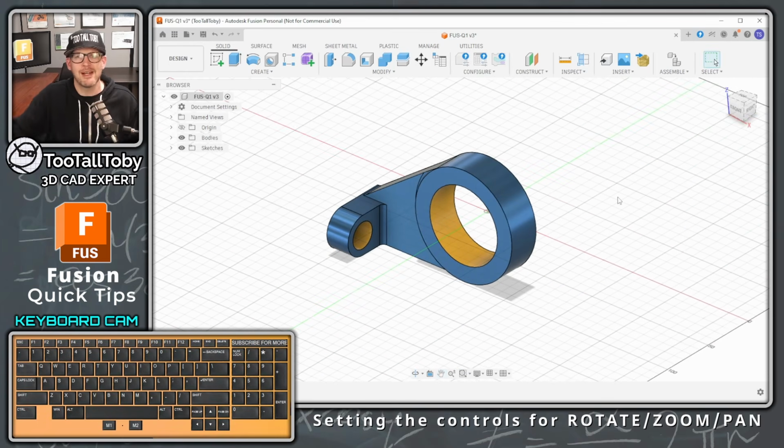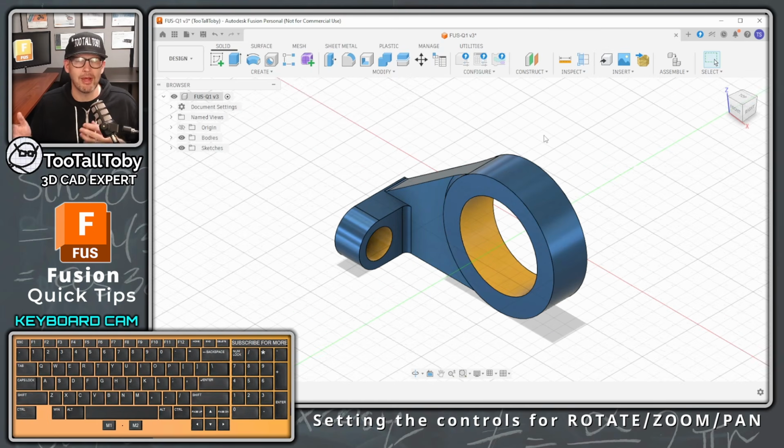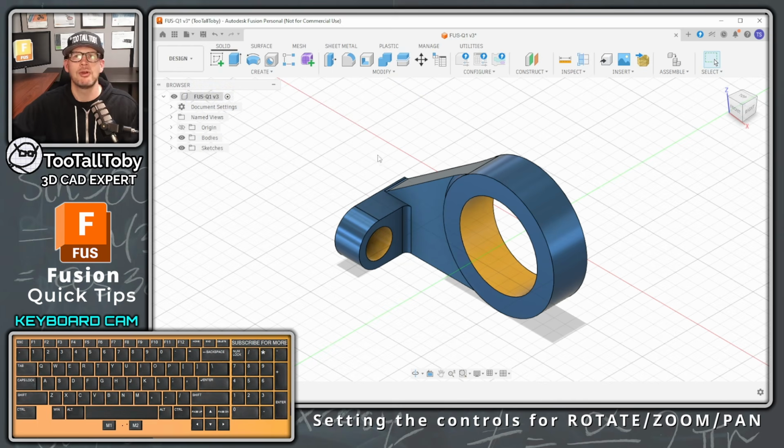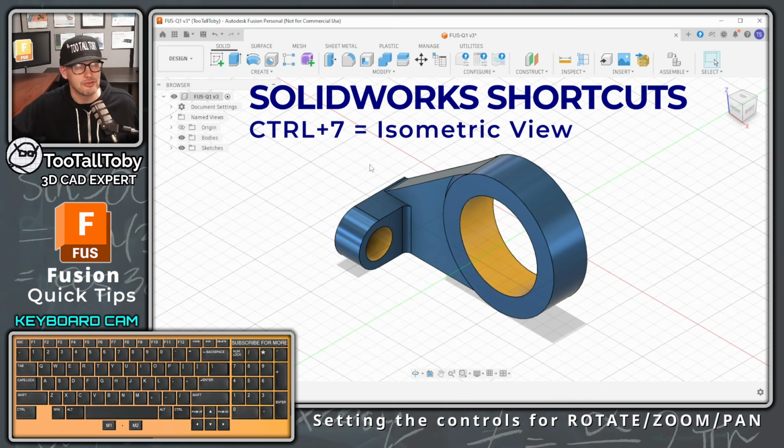So this is going to make it much easier for me to make that transition from SOLIDWORKS into Fusion. Now in SOLIDWORKS, if I want to change my views, I would use the commands Control 1, Control 2, Control 3, Control 4, Control 5, Control 6, Control 7. That's how you get through all of your standard views. And one of the most common ones that I wanted to jump to was Control 7, which is kind of